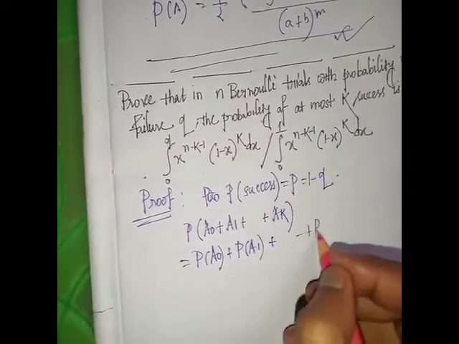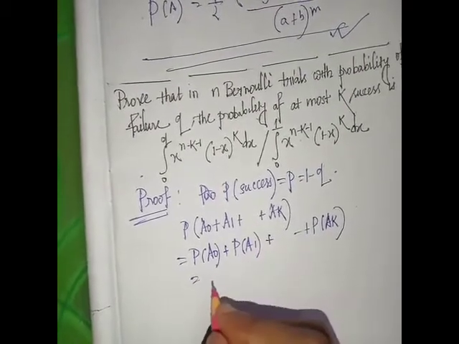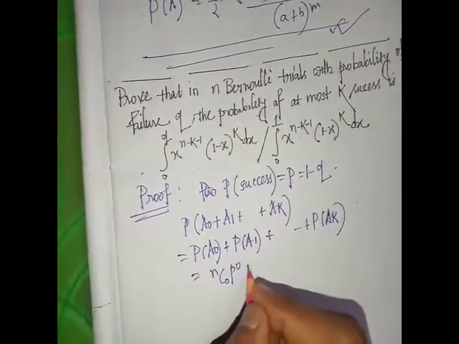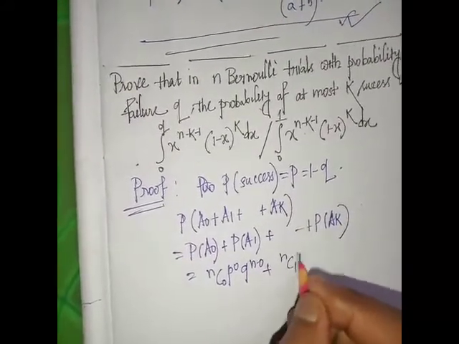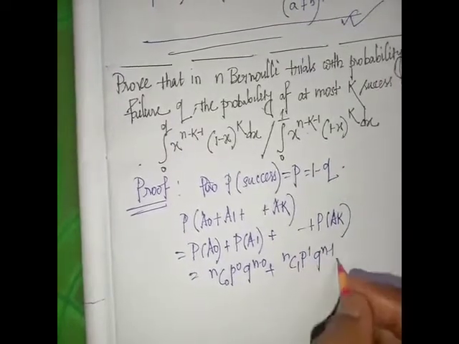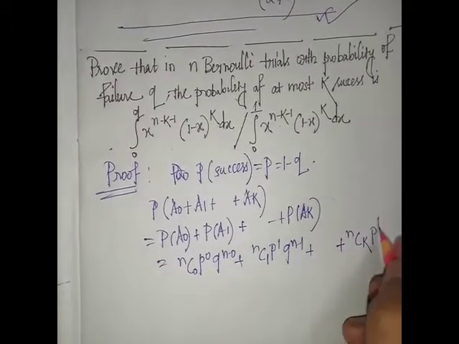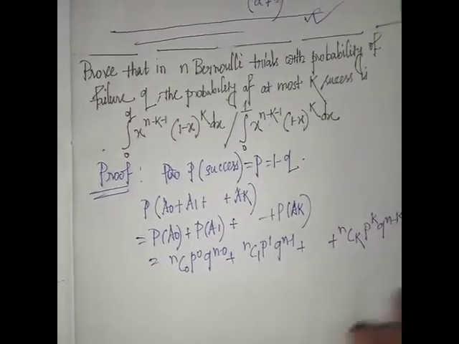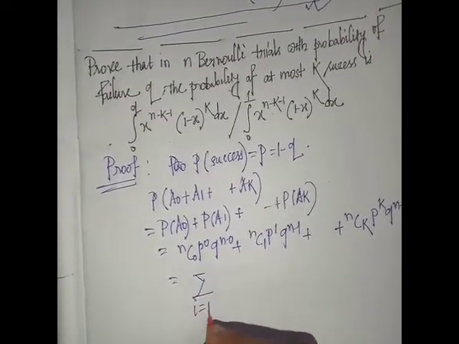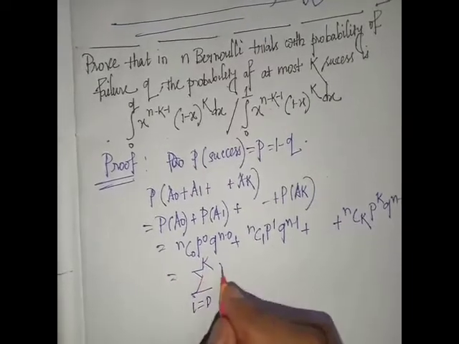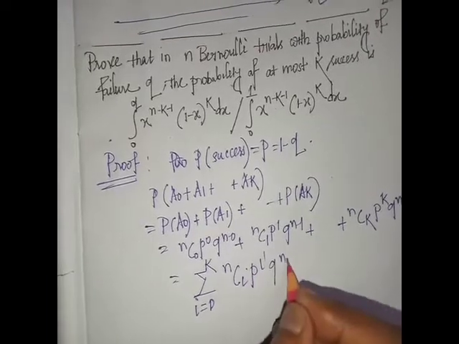P(A0) means nC0 p to the power 0 q to the power n minus 0. P(A1) means nC1 p to the power 1 q to the power n minus 1, plus and so on up to nCk p to the power k q to the power n minus k. That is the summation of i equal to 0 to k